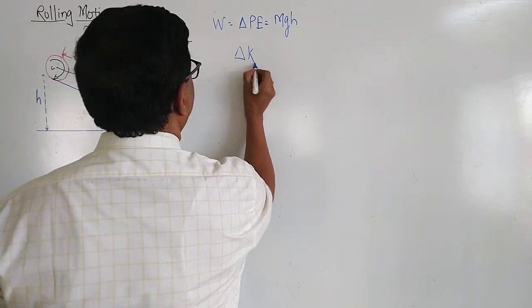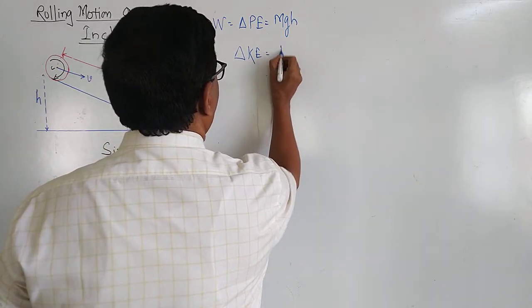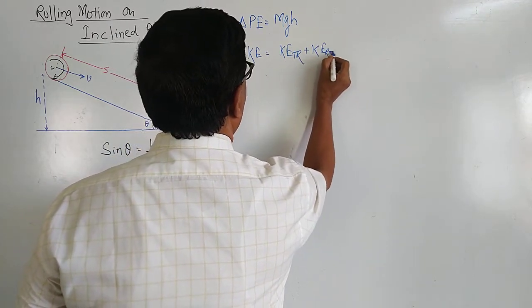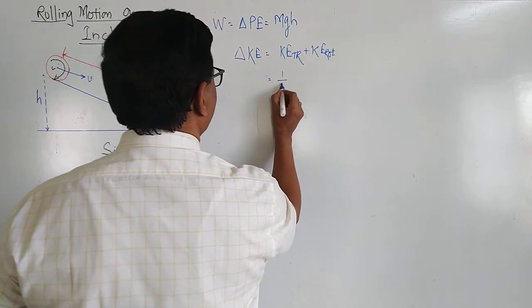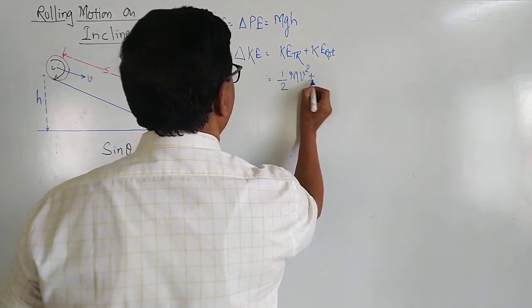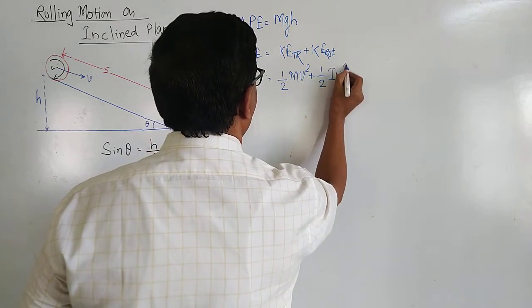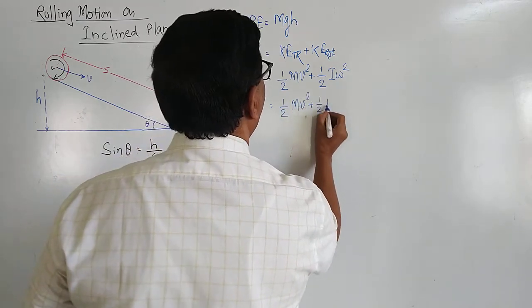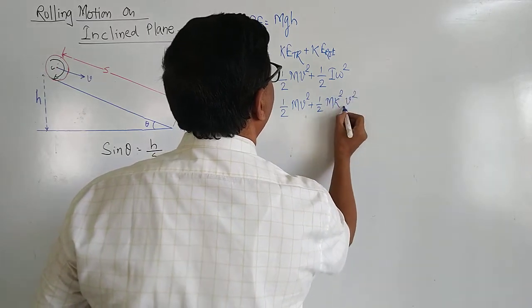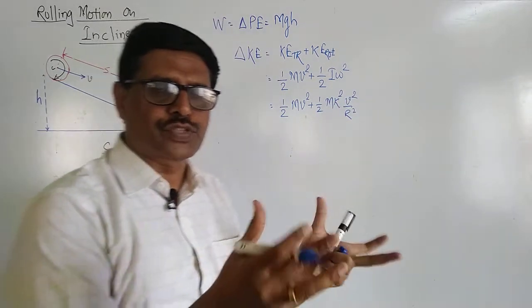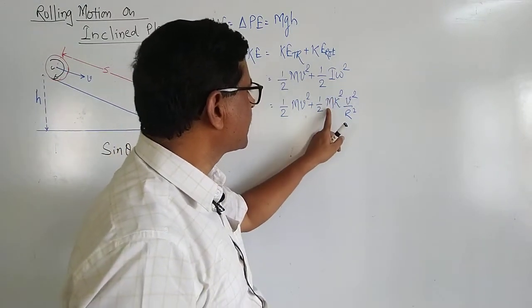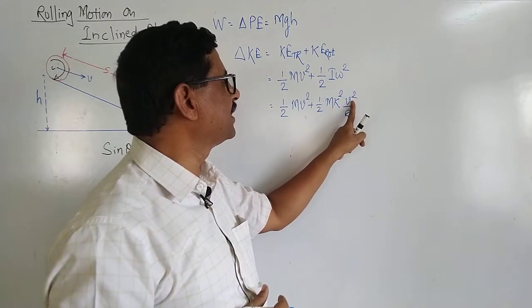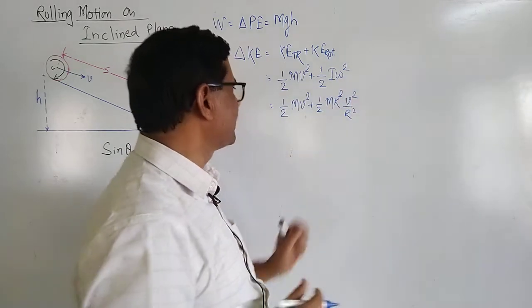The kinetic energy, KE, is, as we know, the kinetic energy of translation motion plus the kinetic energy of rotation. The kinetic energy of translation is half mv squared and the kinetic energy of rotation is half I omega squared. So it is equal to half of m into v squared plus half of m k squared v squared divided by r squared. The only substitution that we have made here is I written as m k squared in terms of the radius of gyration, and omega, the angular velocity, is related to linear velocity by omega squared equals v squared by r squared.